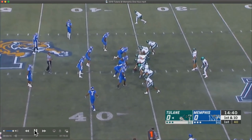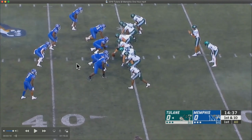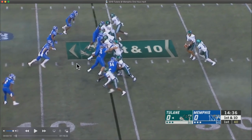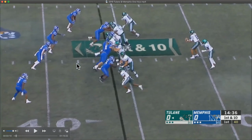All right. So once again, you're going to get a very tight camera angle, but you're going to see a very similar look off the snap, though this is a different formation. You're going to see the Sam playing closer to the line of scrimmage to deal with the nub over here, to deal with the H-back. You've got a tighter formation here, a trey formation with the H-back there, and a wide receiver out there as well. And again, they're going to turn those interior guys loose, and that